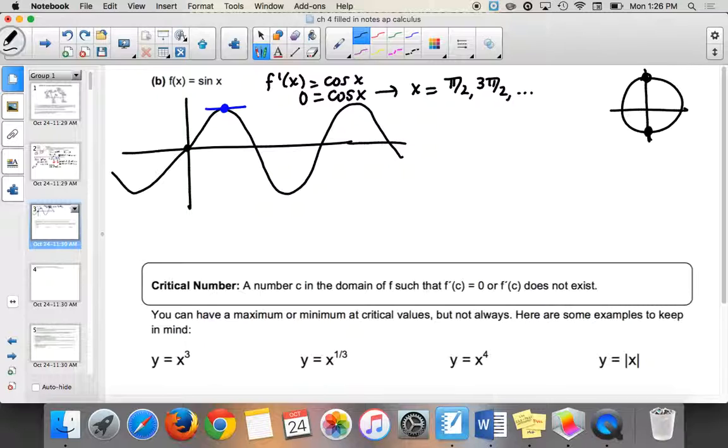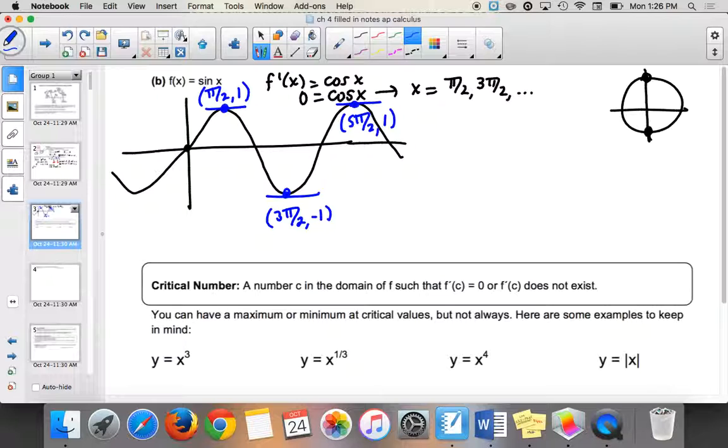All right, so these are the locations that I'm marking in blue. So I could have found the derivative and set it equal to 0, but we know what this graph looks like anyway. So at this first point, I have pi over 2, comma, 1. At the next one, I have 3 pi over 2, comma, negative 1. And then I have 5 pi over 2, comma, 1, because it has a period of 2 pi. So if I add 2 pi to pi over 2, I have pi over 2 plus 4 pi over 2, which is 5 pi over 2, right?